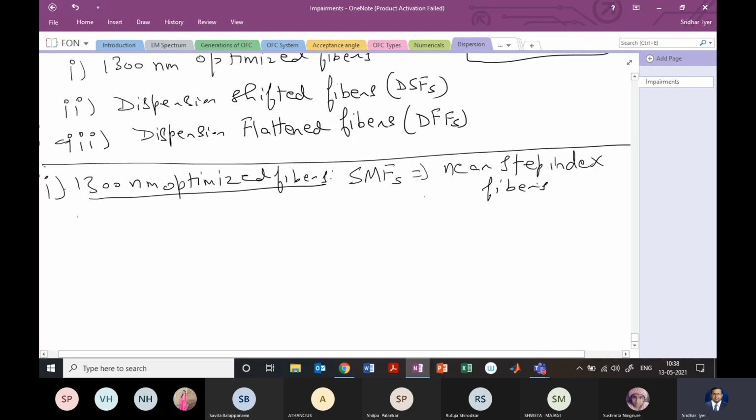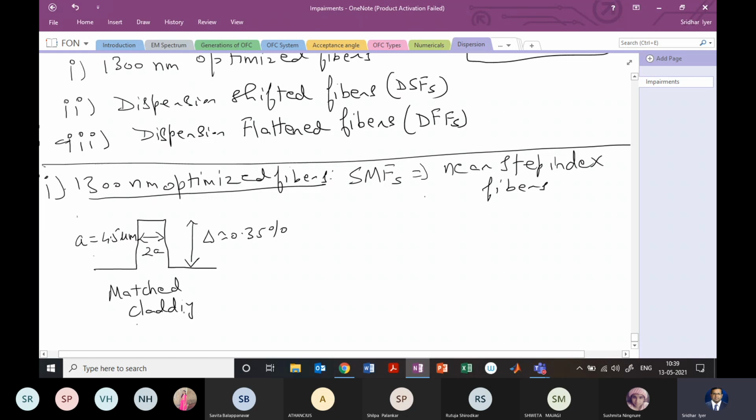And you'll see once I draw the index profile, these are almost step index fibers. So what you get is something like this. The index profile looks like this. This is the diameter of the core 2a, and this will be the delta value, that is the relative profile, and this is somewhere around 0.35%, and the core radius is somewhere around 4.5 micrometer. This kind of profile is also known as matched cladding.